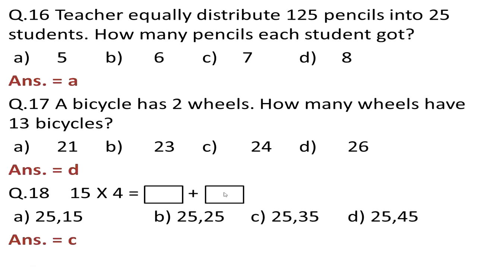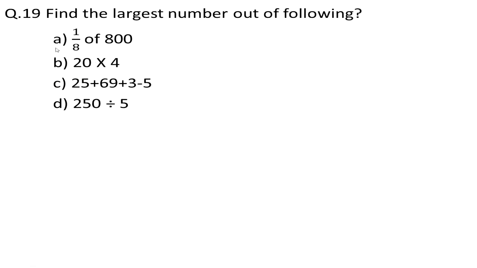Then moving towards our next question, question number 19. Now this question is also a tricky one, or it needs some calculations. That's why I told you previously that the main theme here is that students easily understand what they have to do, or they can easily perform these simple operations, addition, subtraction, multiplication, finding fractions and all this, but time constraint is the main parameter. Question number 19 says we have to find out, from these 4 options, which is the largest number.